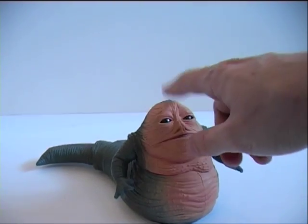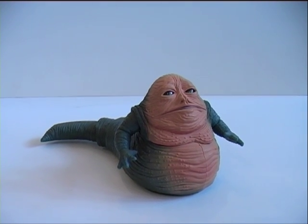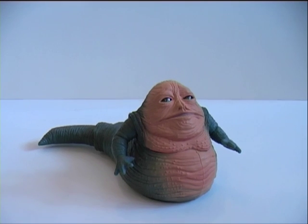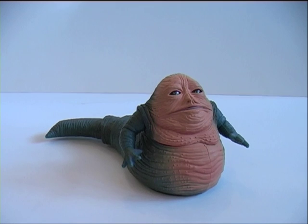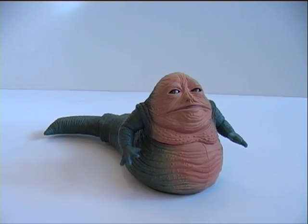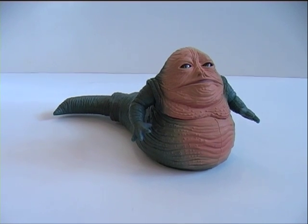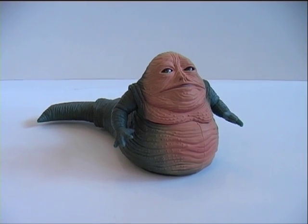And this figure came with the Han Solo figure, so you could recreate that scene from Star Wars, the special edition. But it was great seeing Star Wars back on the big screen in 1997. I do actually remember it was released on my birthday that year, March 21st, and I actually rounded up a group of friends and went to see it on the day it came out as a kind of special birthday celebration for myself. But in hindsight, I mean,